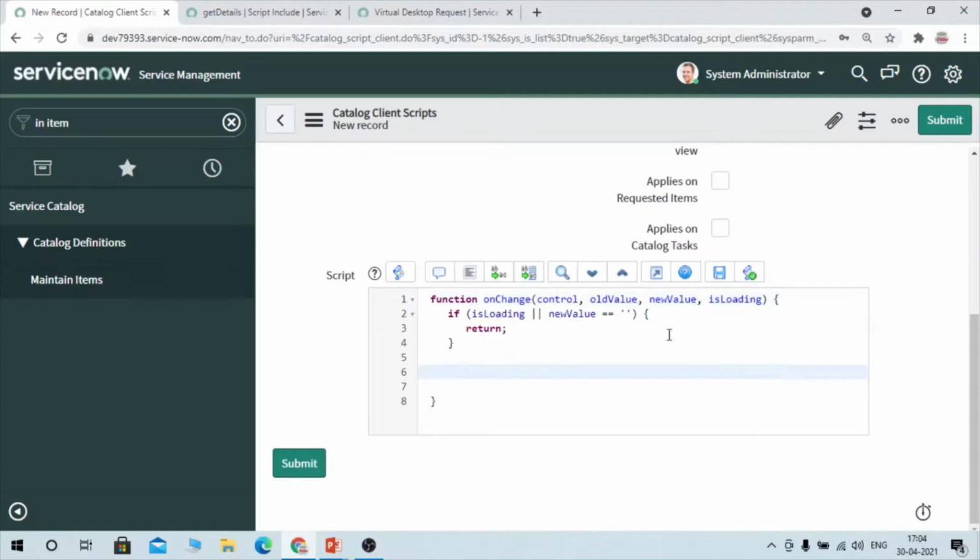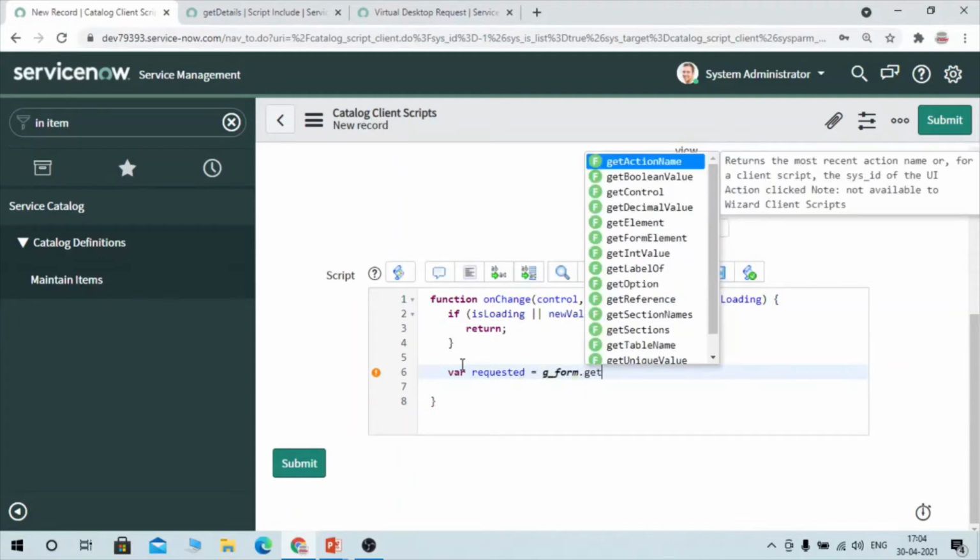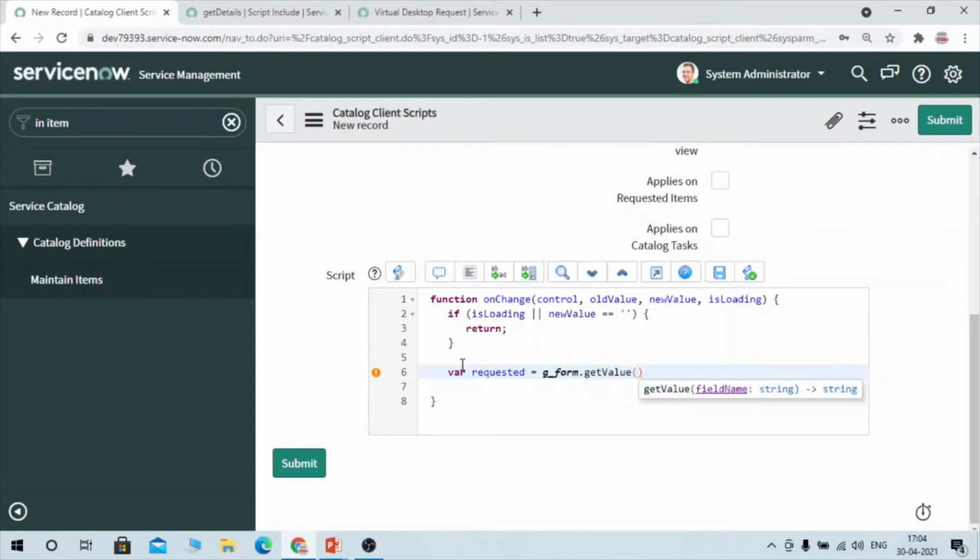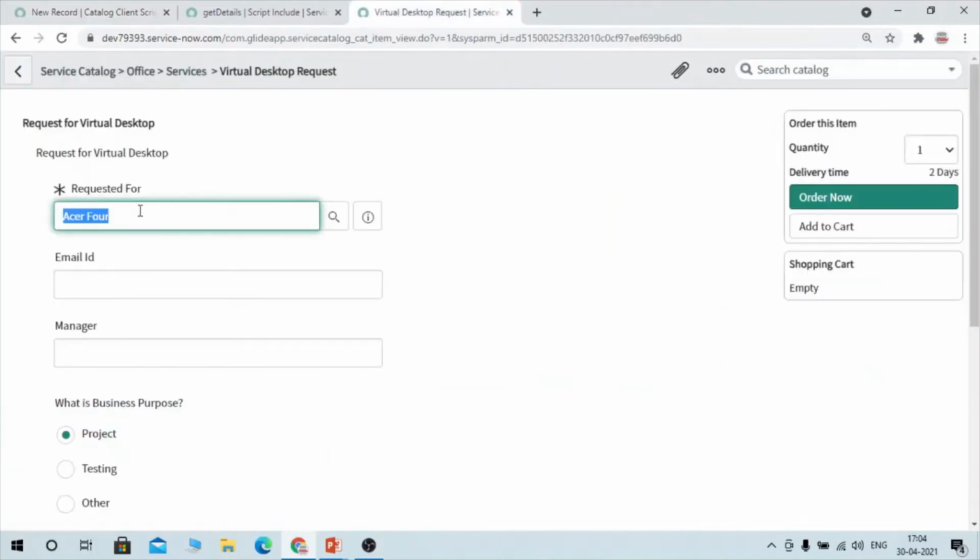Now here we are going to write our script. First, I am going to create one variable, requested for, and I'm going to get the value of requested for, whatever we are selecting here. I want the ID of whatever user we select in requested for.